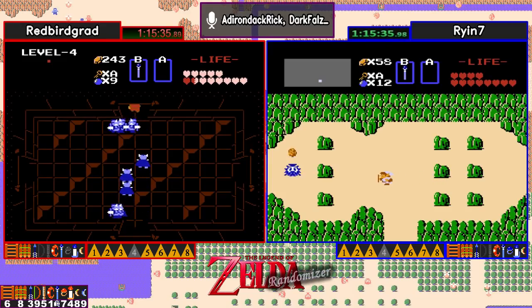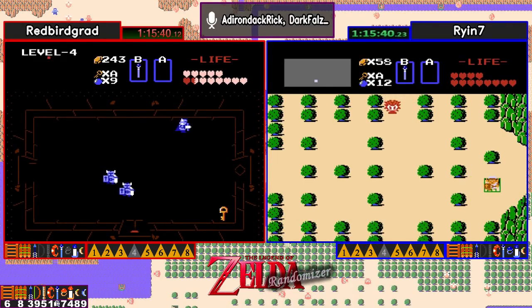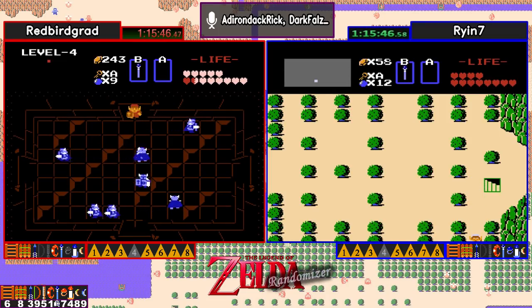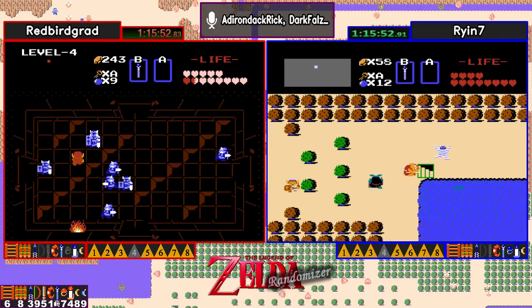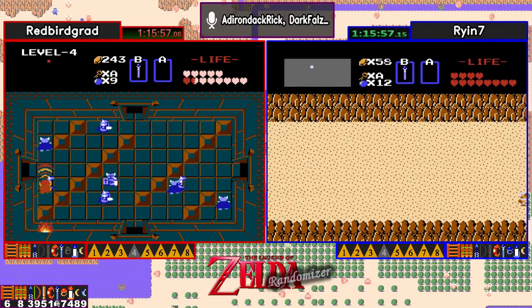Showing off one of the fancier Zelda 1 clips. This level 4 has been pretty heavily combat blocked. A lot of blue Dark Nuts in this level 4. I wonder if Ryan may have just mislocated where that level 5 is, but hopefully he can get his way there soon. Now, we know with this being a dark room, this is not going to be...